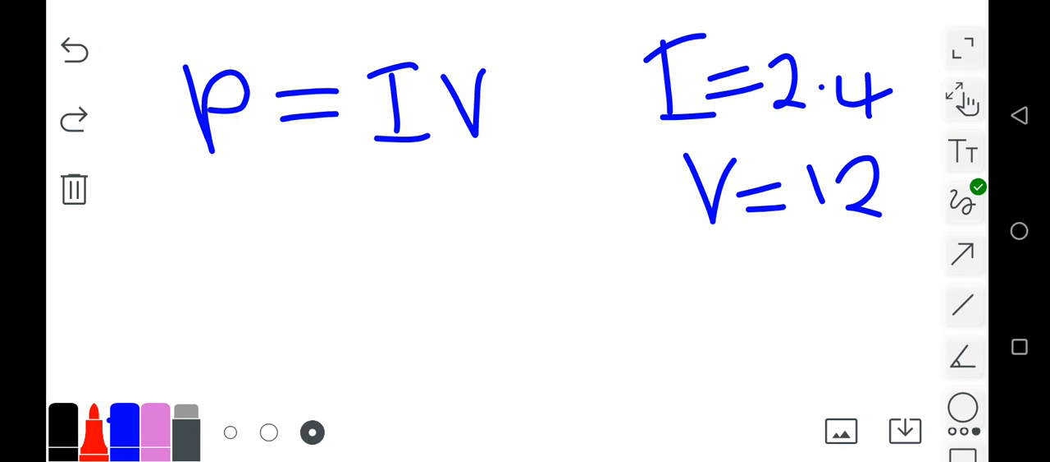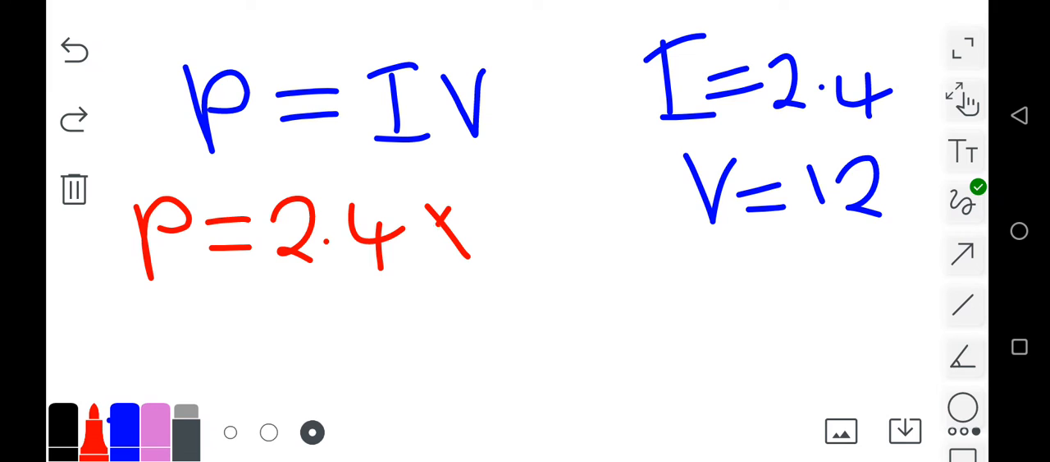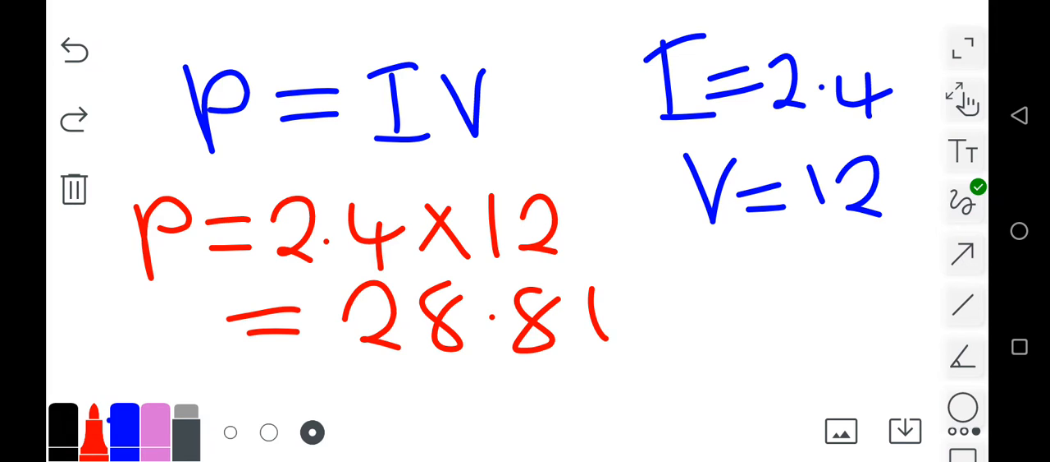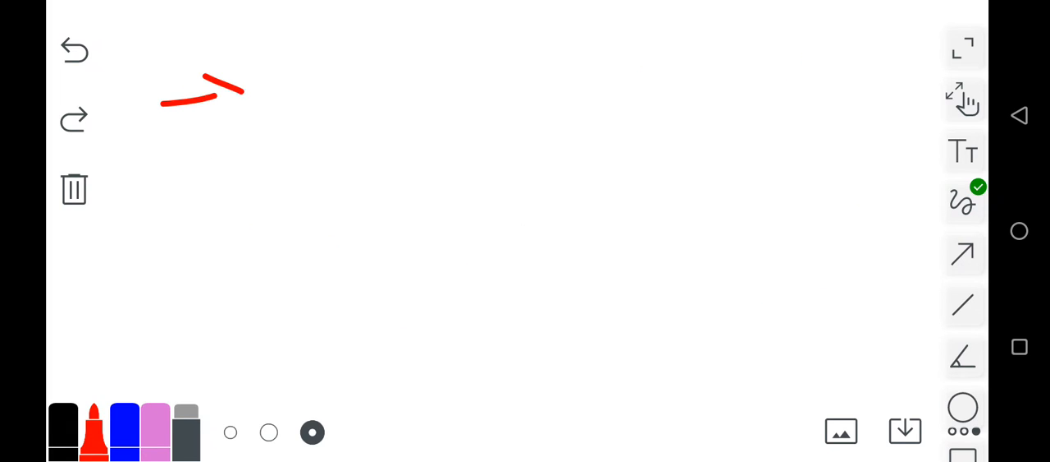Therefore, replacing these numbers, we are going to get 2.4 multiplied by 12, and this is just going to be 28.8. The units of power are watts. Then from there, under that one, convert